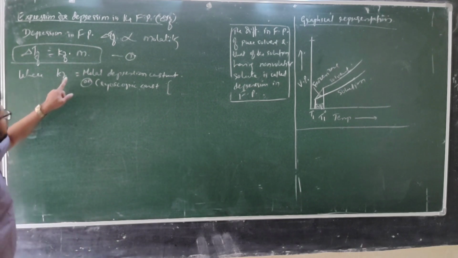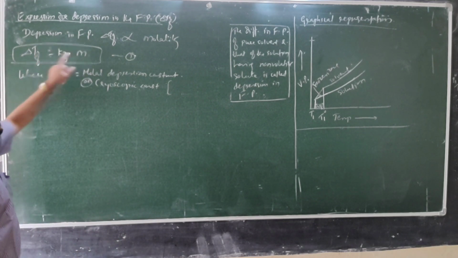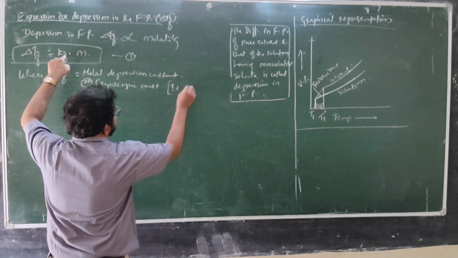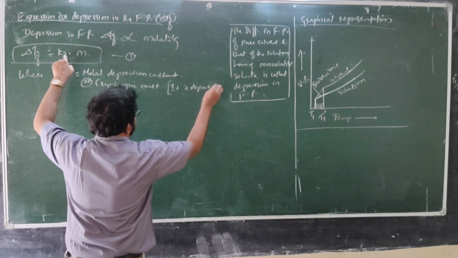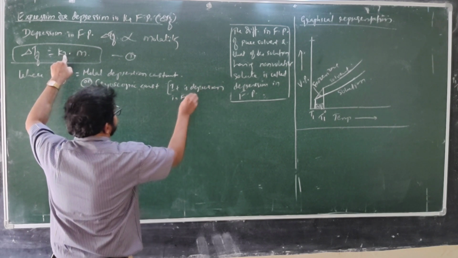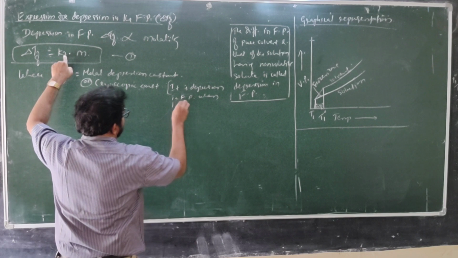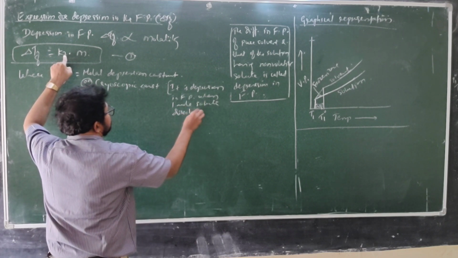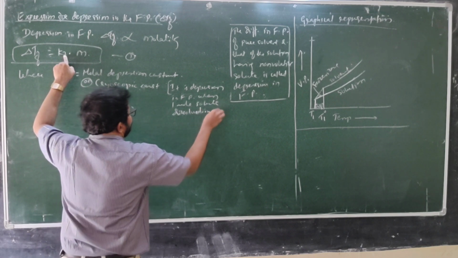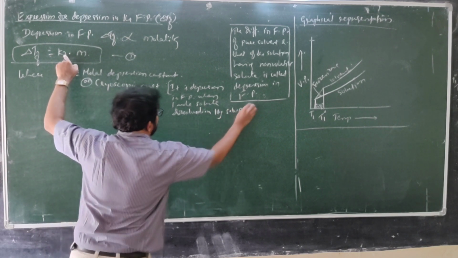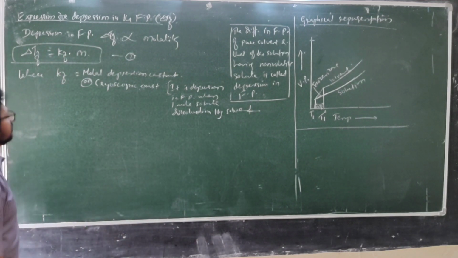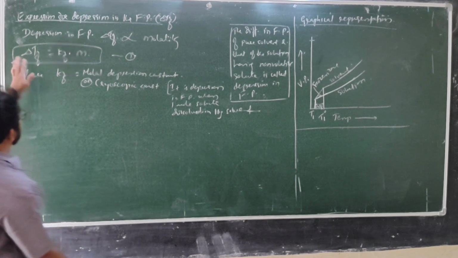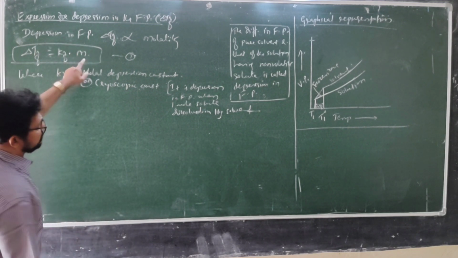You see, Kf equal to delta Tf if m is 1 molar. Then what is it? It is the depression in freezing point when 1 mole solute is dissolved in 1 kg solvent. So unit is also same. Unit is K kg per mole, because solvent molarity is per kg.